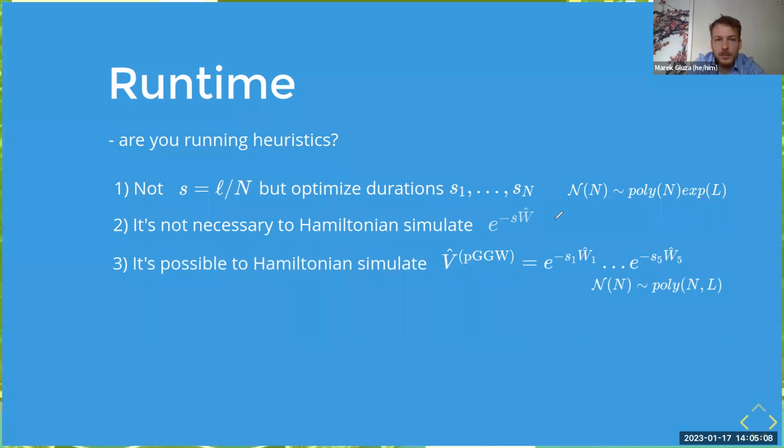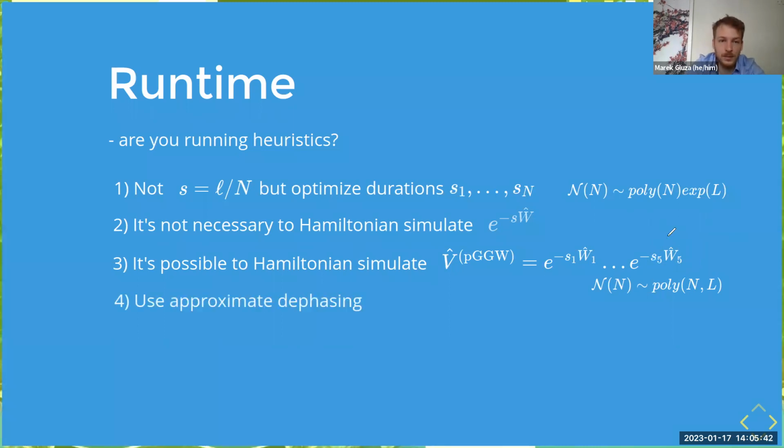It's possible to also take the first, let's say, 5 steps and say i times W is a Hamiltonian. I do Hamiltonian simulation as people are discussing a lot in quantum computing. And I just compile this Hamiltonian evolution with those generators. That gives me already an approximation to some diagonalizing matrix that will be much more efficient if you do it that way. The bottleneck is that you need to be able to compute those WKs to do the Hamiltonian simulations,